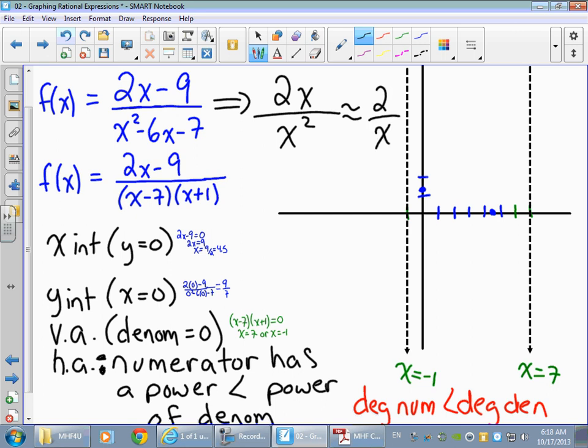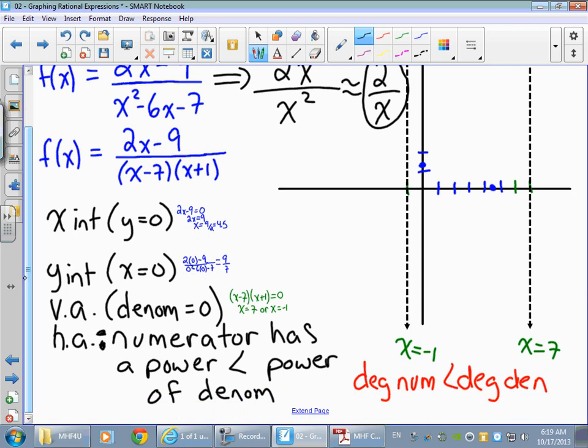And so when I look at 2 over x and I think about the numbers I'm putting in as being extremely large, either positive or negative, 1 billion, 1 trillion, or negative 1 trillion, this term ends up getting really close to 0. If you divide 2 by 1 trillion, you get 0.00000, whatever it happens to be. If you divide 2 by negative 1 trillion, you get negative 0.00000, whatever it happens to be. And so all of that to just kind of say,